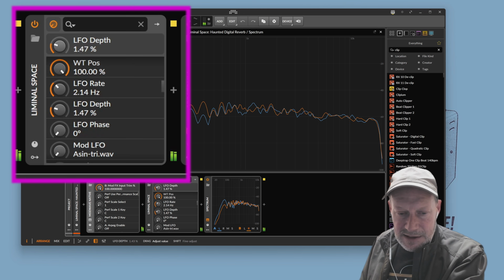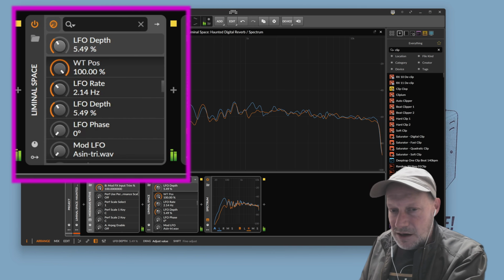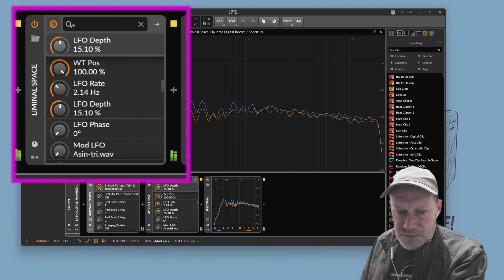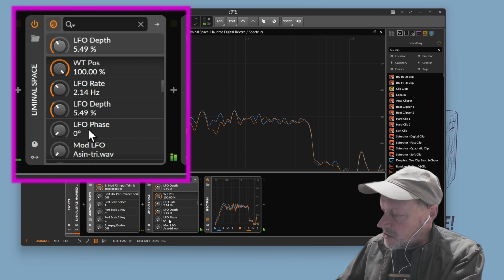Now we're moving the depth up, and that's modulating DRes, and it's going to give us that pitch modulation on the whole reverb tail. And I let you get pretty crazy with it. And what this does is it modulates DRes downward so that you get these kind of weird pitch effects. But one thing that you can't do